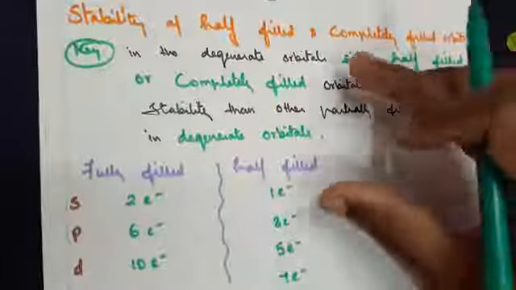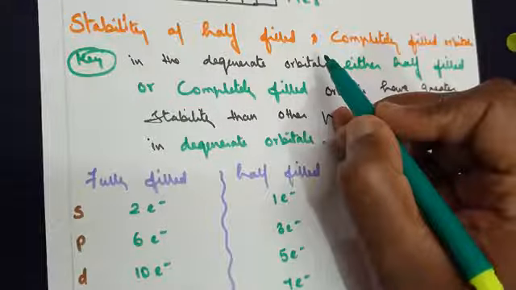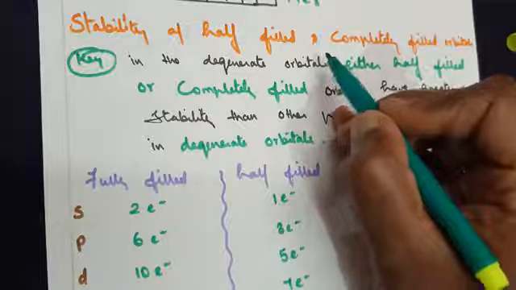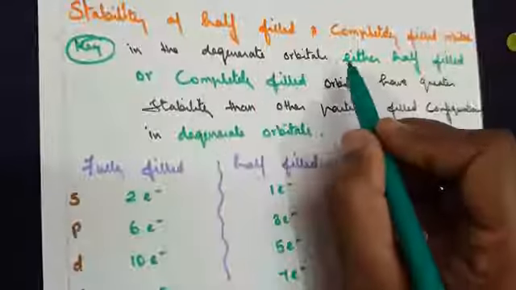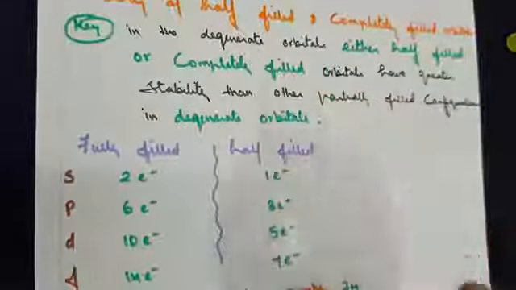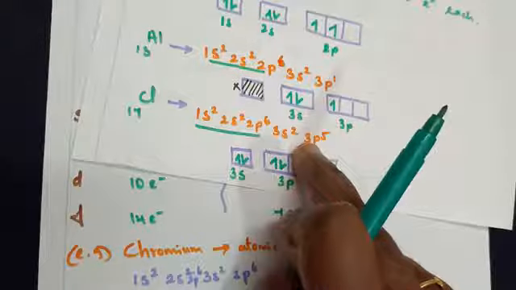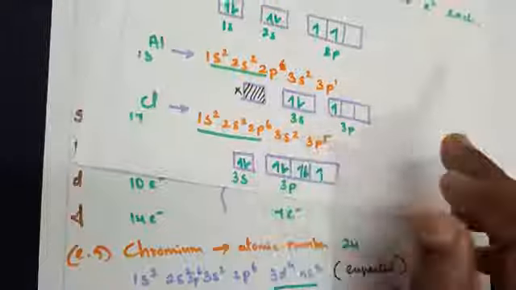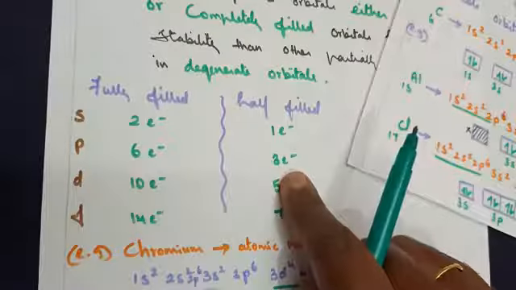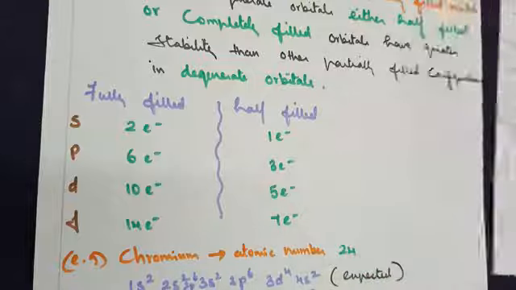Right now, all you need to remember is that when a question is asked to identify the stability of a particular orbital, immediately plot the electronic configuration and find out whether that particular degenerate orbital, as in the case of chlorine, is completely filled or half filled. When it is completely filled or half filled, you can say they are stable. Apart from it, anything else you can say is not stable.